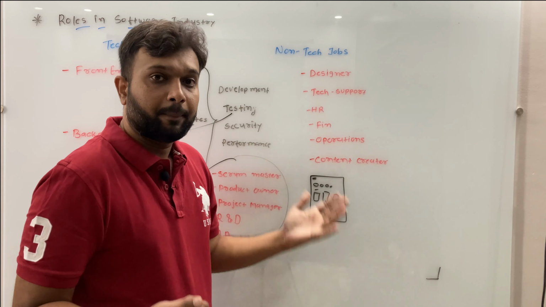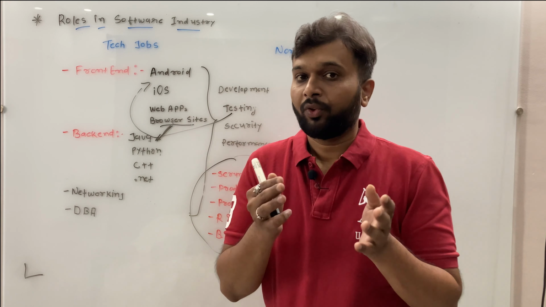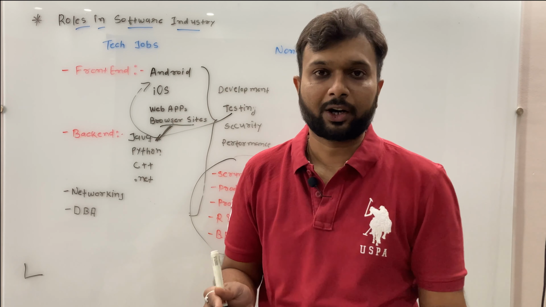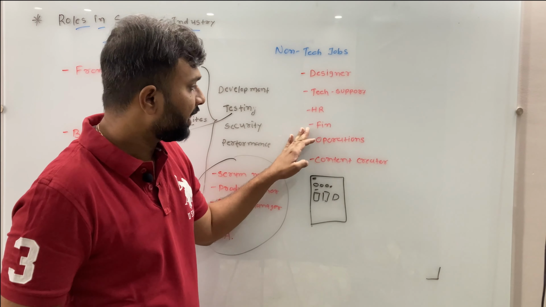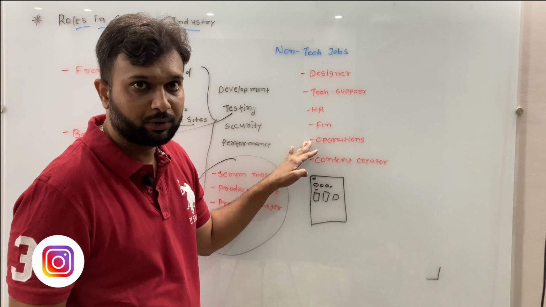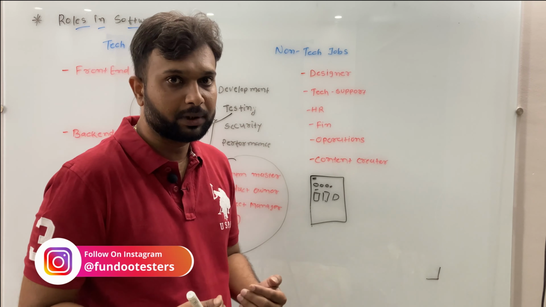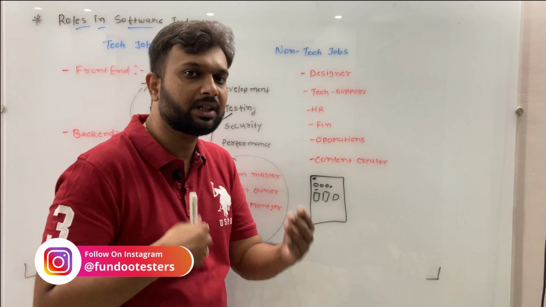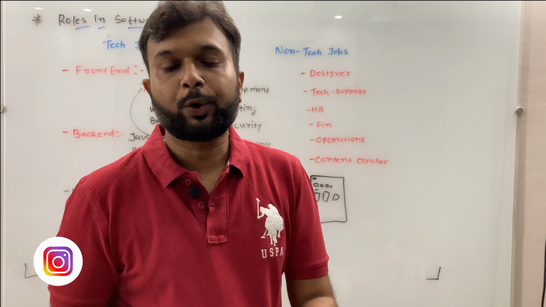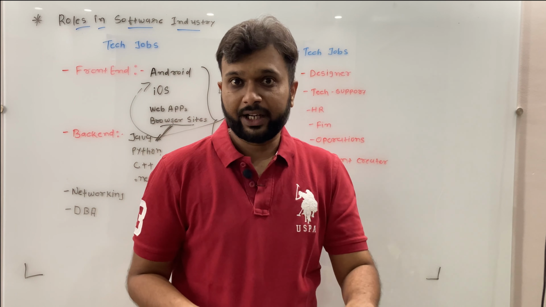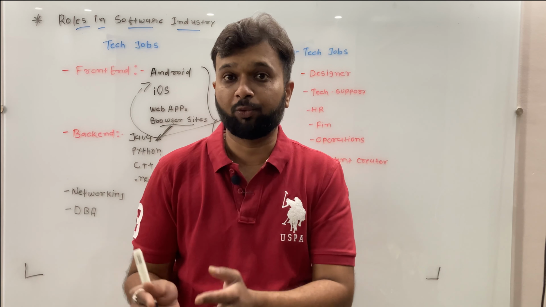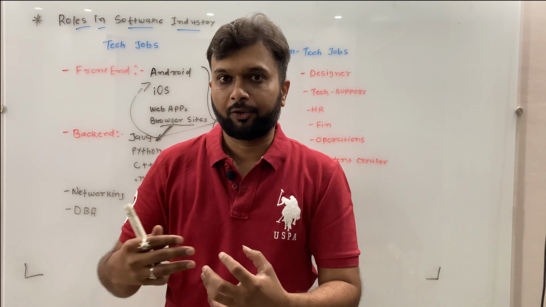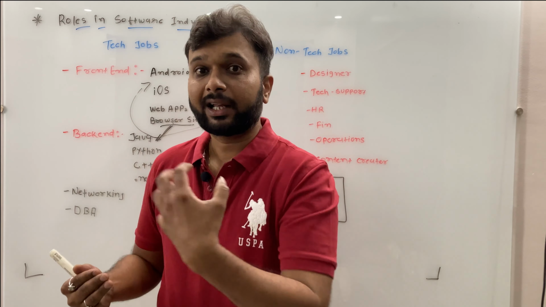Then the finance role. At the end of the day you are going to get a salary, and your job letter, everything is defined by the finance role. In which quarter how much money they are going to make, how much money they are going to spend on which category. So the finance role is there. Apart from that, sales and marketing people will be there. If the development team has developed the software, then they are going to sell the software and make money. So there will be two dedicated teams. One is marketing, who do the advertisement, and another is the sales team, who grab the client from the market. For example, I want to do something and they are grabbing a business for me.